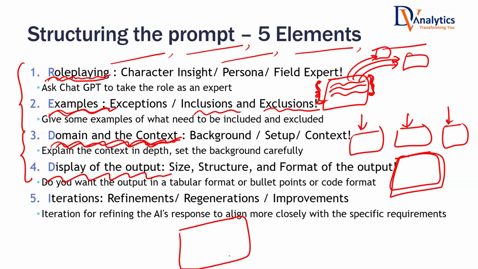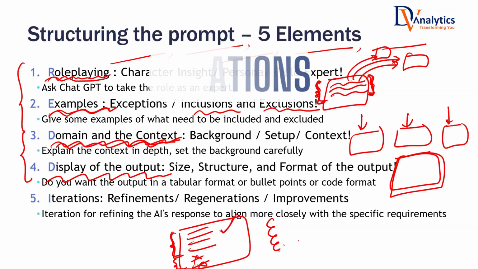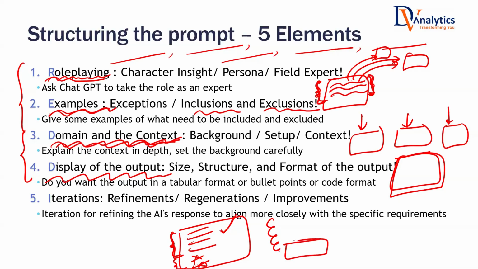the tendency is that people tend to regenerate. Instead of regenerating, you can say, out of this output, these 3 points are good, these 2 points are not good. Maybe iteratively, you can tell ChatGPT that in the above output, these are good, these are not good. So I'm looking for something like this. So iteratively, maybe try to get your output in the third or fourth or fifth iteration, then you may get